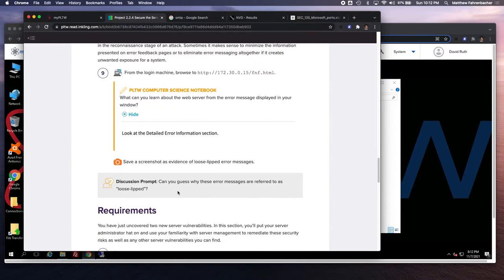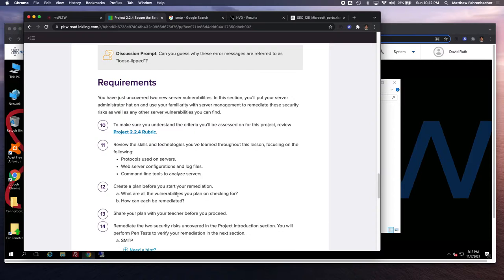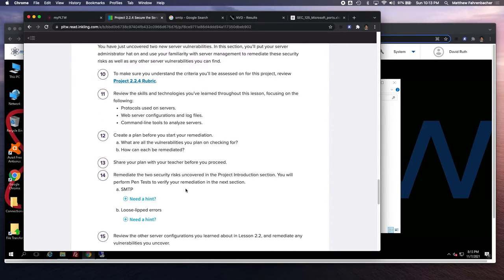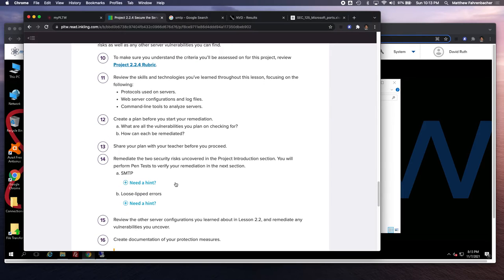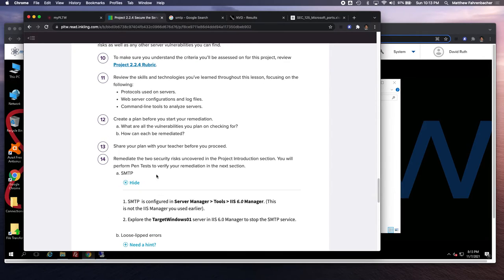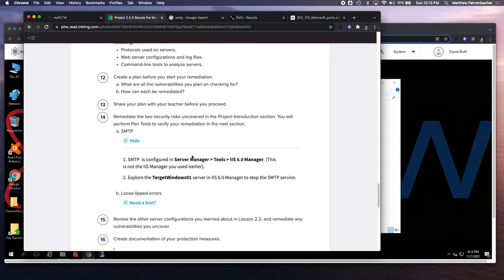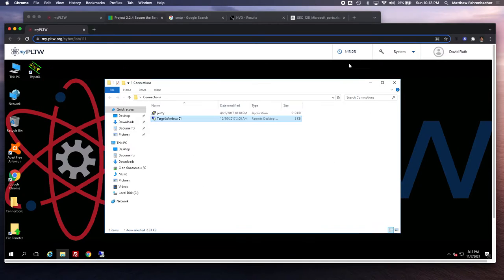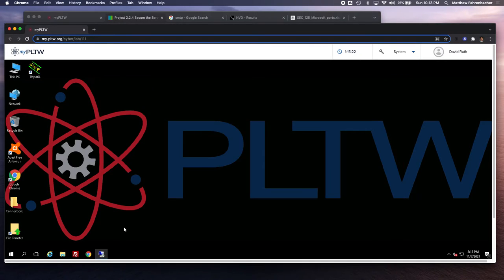So, yeah, we did that. So we're going to go through the process of trying to disable SMTP and loose-lipped errors. This is actually in a very weird spot because it's a different section of the server manager than what you used in activity 2.2.3. So I'm going to go back into the web server,